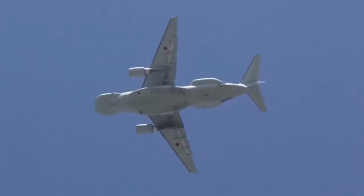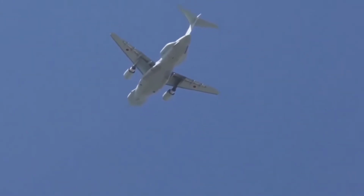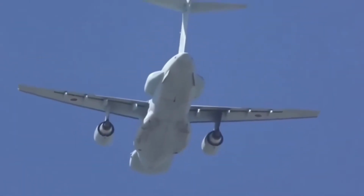The new aircraft was first spotted at the Gifu Aerodynamics base in February 2026. Parked on the apron just a few days before its first flight, it was observed performing taxi tests at both low and high speeds. According to rumors leaked by the specialized press, Japan intends to put 4 of these electronic